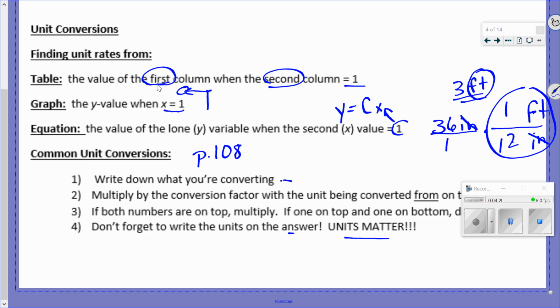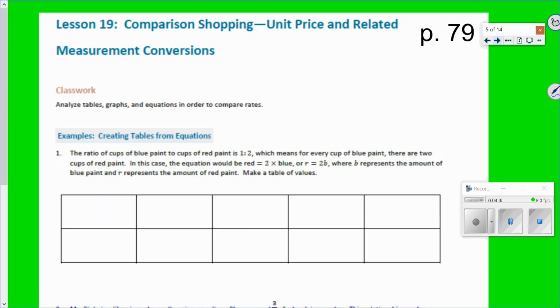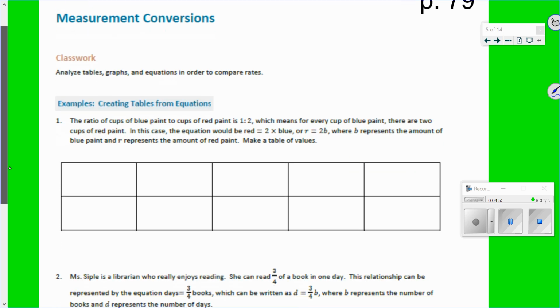Okay, you guys may want to write down that example, because that's one of your examples you'll get for today. Conversions is something you guys will literally be doing your whole lives, so this is one you definitely want to get down. Okay, go ahead and